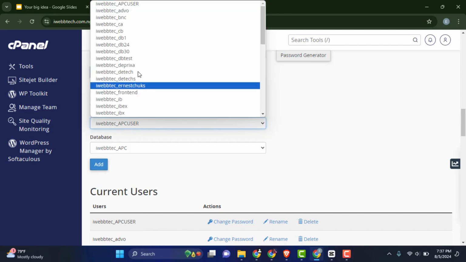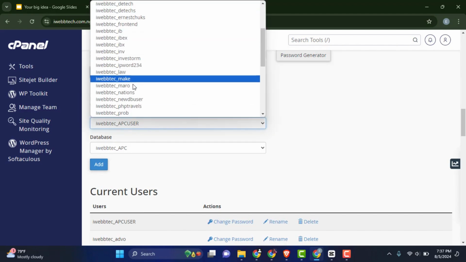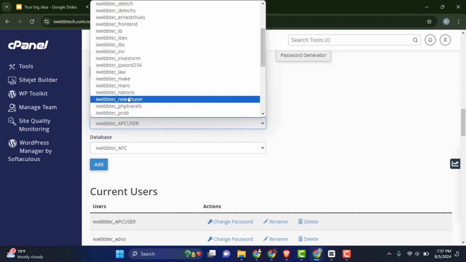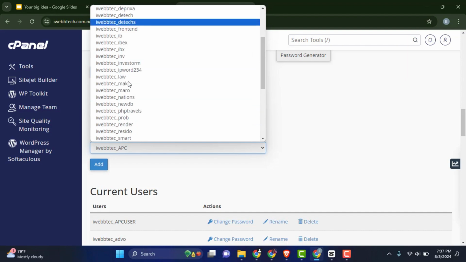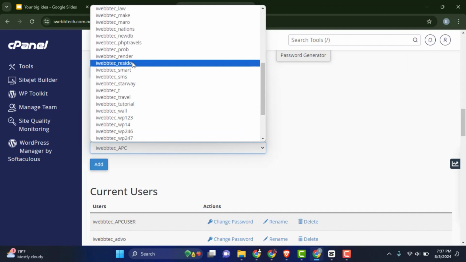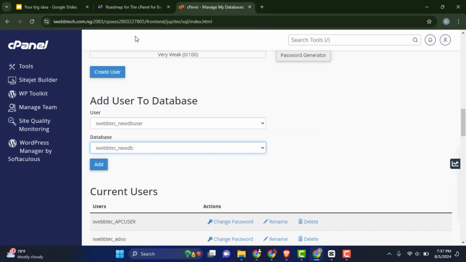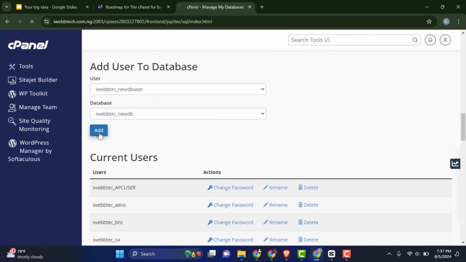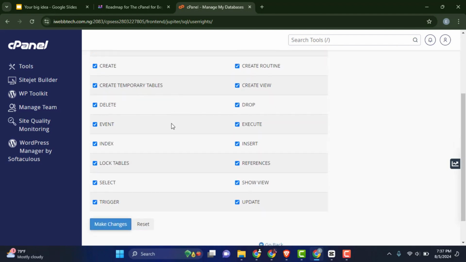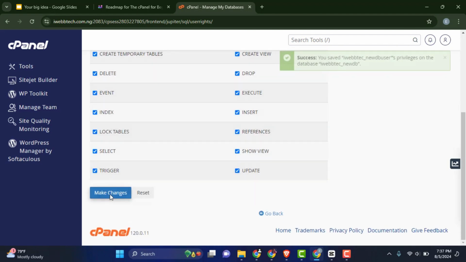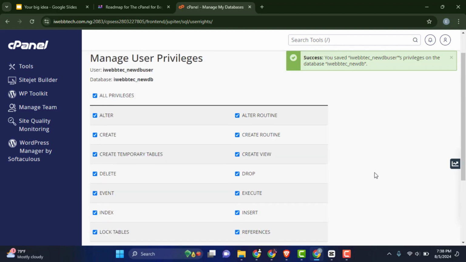Now if I click here, I'm going to look for the database I created. I think it's new DB user. So I'll click that and the database should be new DB. So let's look for the new DB. Now here I think I saw it. Okay, here it is. I click on the new DB and I click on add. So this is the last step right here, which is I'll just click on all privileges and make changes. So we have practically created a database using the MySQL wizard, and we have actually created a database also manually